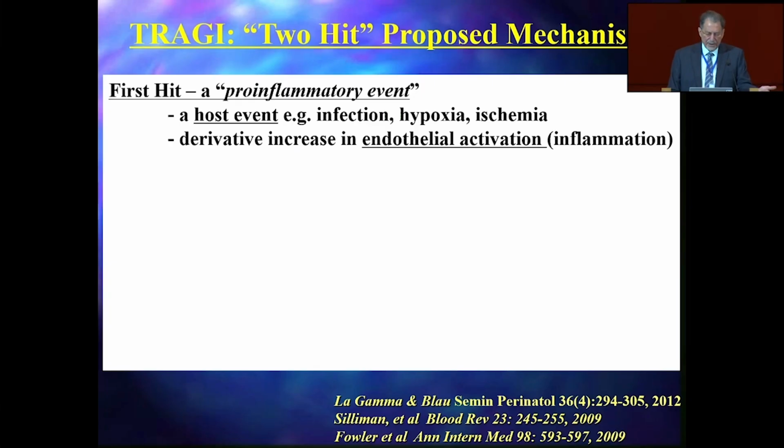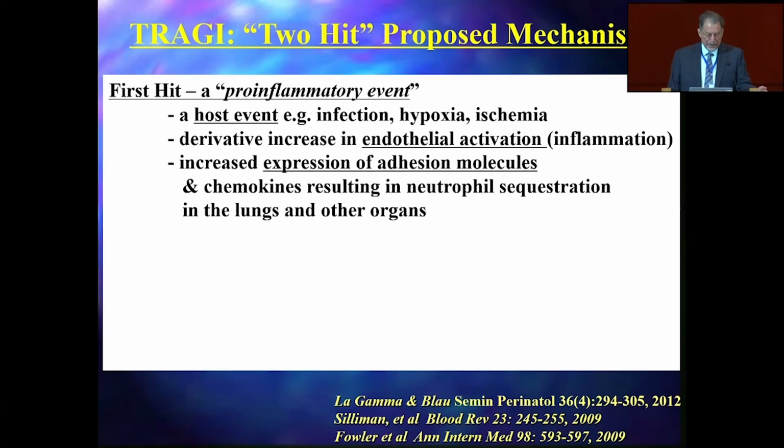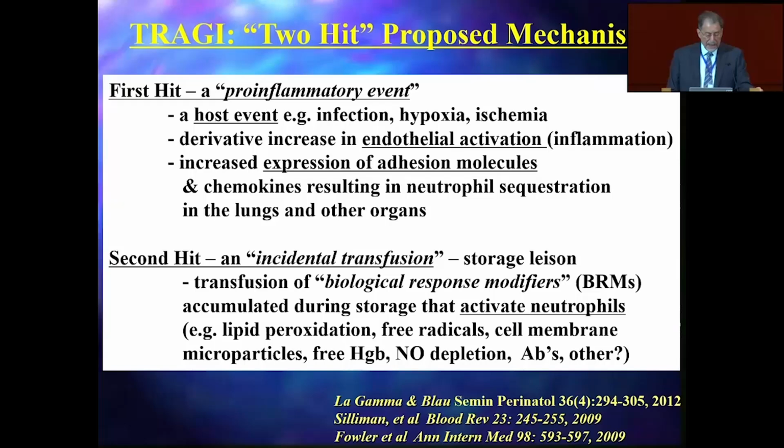The baby had to have an event: infection, hypoxia, ischemia. Then that results in, as in multi-organ failure, systemic inflammatory response syndrome, and endothelial cell activation, inflammation. That releases chemokines and cytokines and increases adhesion molecules, and the second hit, the transfusion,